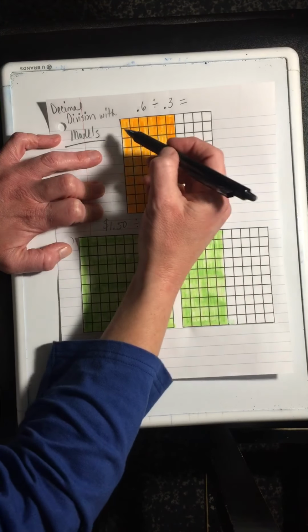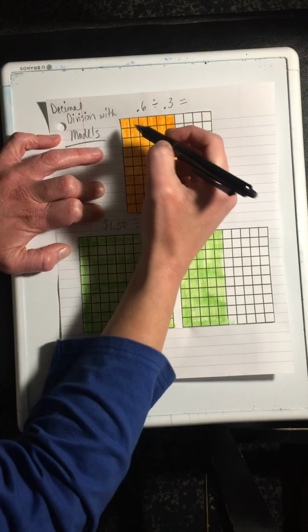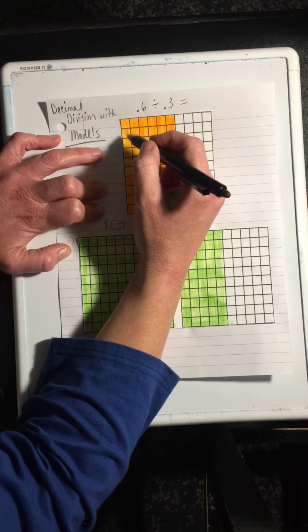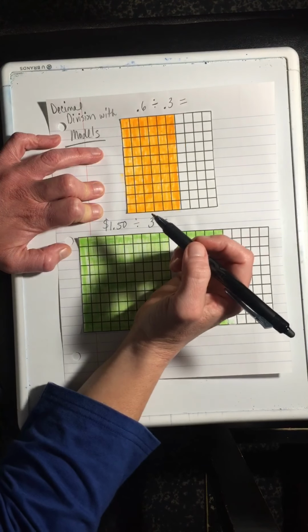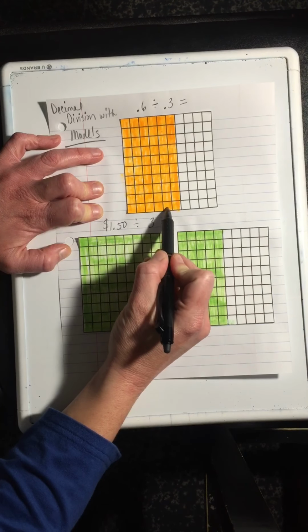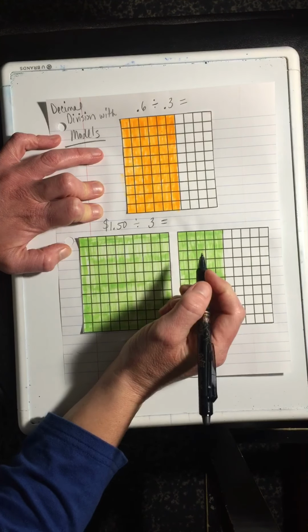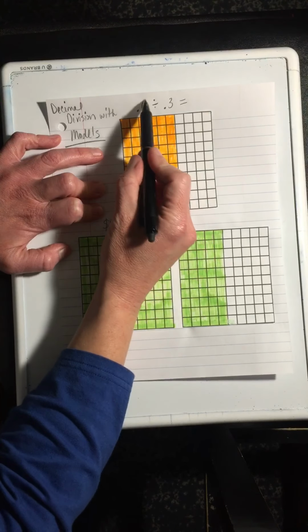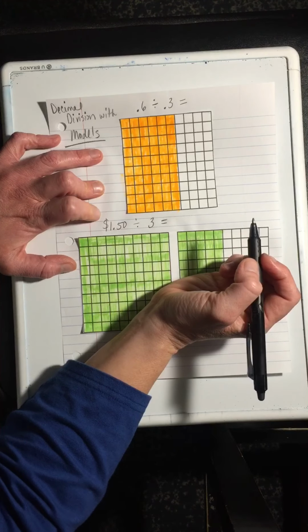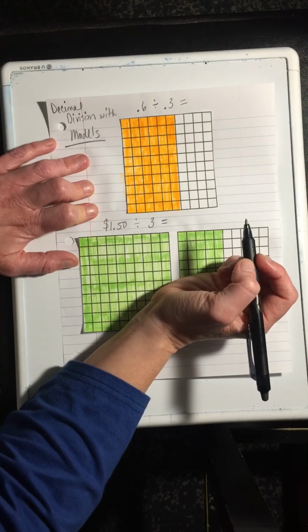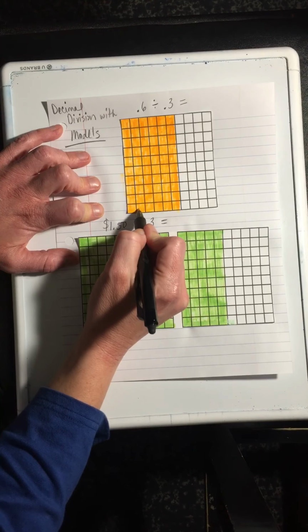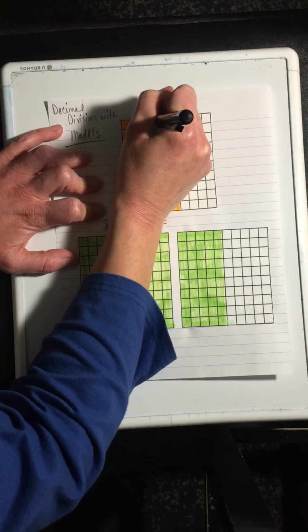We know that each one of these columns is a tenth, right? They're 10 hundredths, which is equivalent to 1/10. We talked about that last week. So we have 1, 2, 3, 4, 5, 6 tenths, and that is the number that is being divided up here. Now I'm going to create groups of 3/10. I'm going to count 3/10 and create a group of 3/10. So I have 1, 2, 3. So from right here,